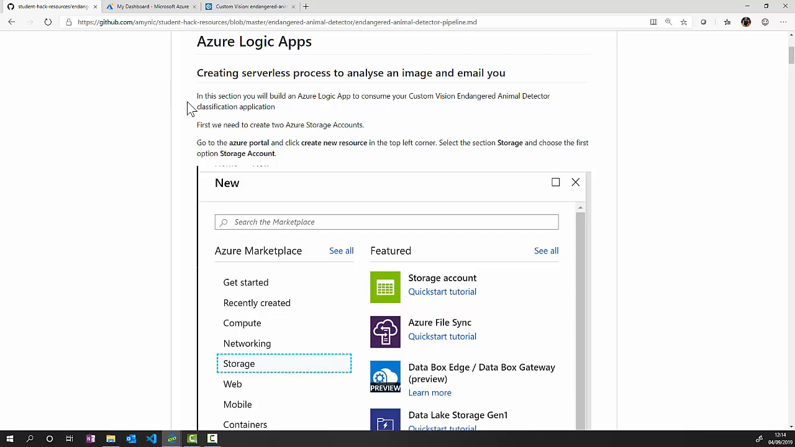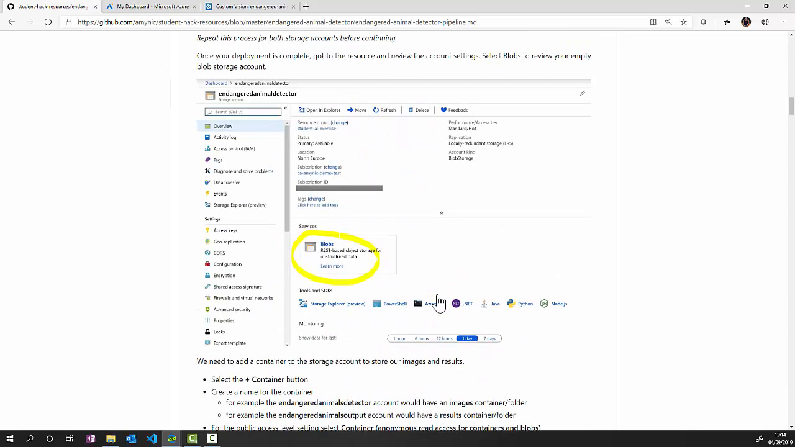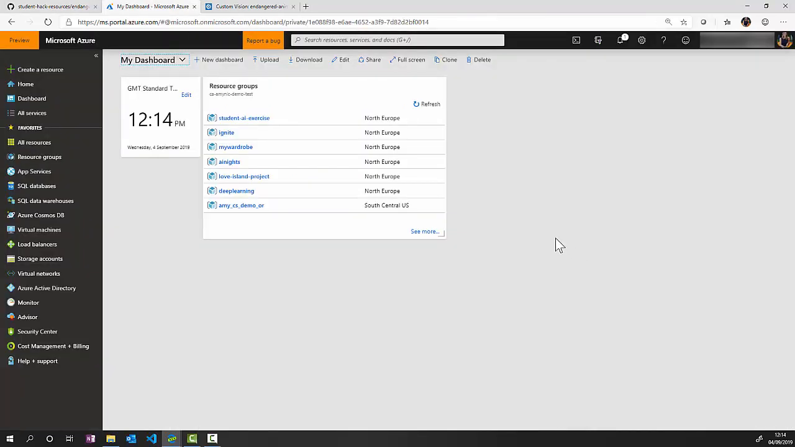So first things first, the instructions again will tell you all of the different steps that you need to do in order to create this pipeline. But what I'll do is I'll demo it for you so you have that to follow along to as well. So let's head over to Azure, where the first thing we're going to do is we're going to create 2